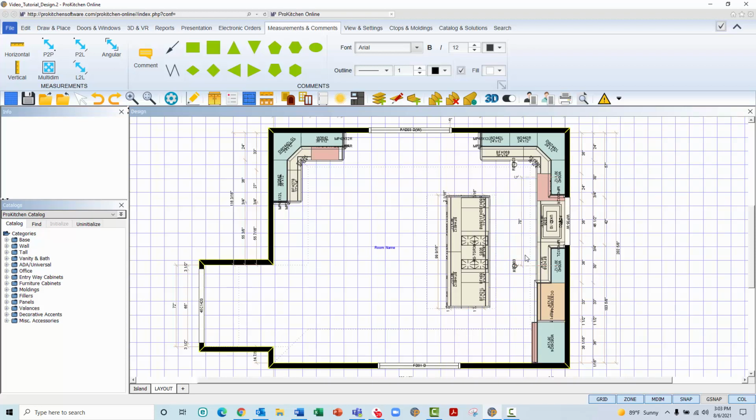Now that I know the dimension between these two cabinets' center points, I can use the P2P tool once more to adjust where the unaligned lighting fixture sits in the design. P2P is a dynamic dimension, meaning I can use this tool to move items by adjusting the length of the dimension line. To do this, again, we will navigate to the Measurements and Comments ribbon and left-click the P2P icon